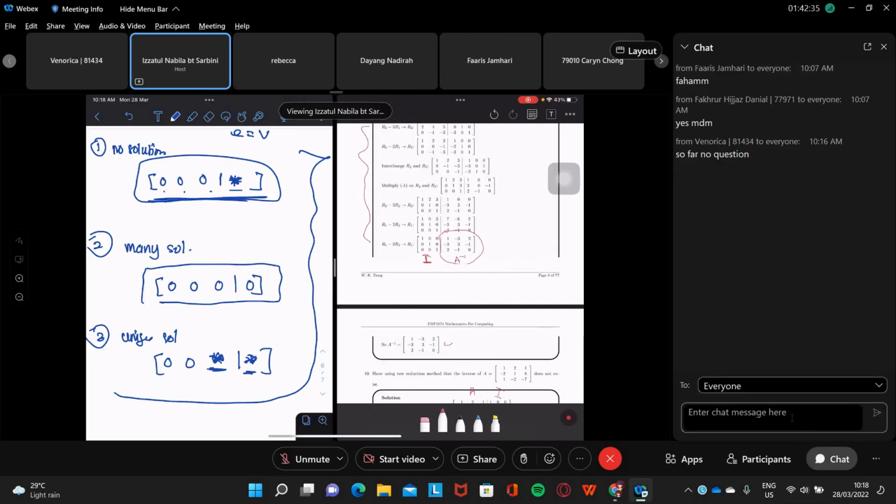I think the third chapter is this Friday, right? Yeah. Betul tak? So the third chapter is on determinants. So you will learn how to calculate determinants lah, and what is the use of determinants lah. There are several uses of determinants. So you will learn that on Friday. So we will have our next tutorial on Monday, the same time, 9 to 11, next week. So if you don't have any questions,